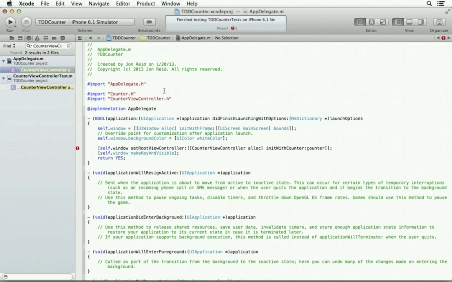Now, I normally have tests for my app delegate as well. I'm not going to bother this time because I've got other things I want to show you. But you can read all about that in Graham Lee's excellent book, Test-Driven iOS Development, about how to write a unit test for your app delegate.